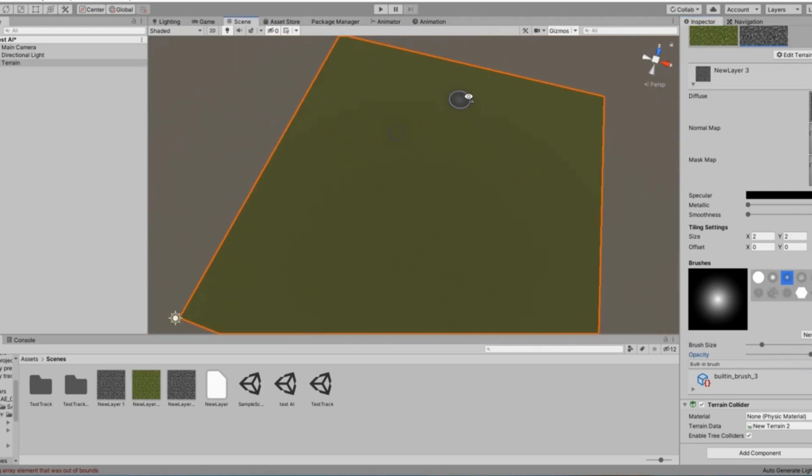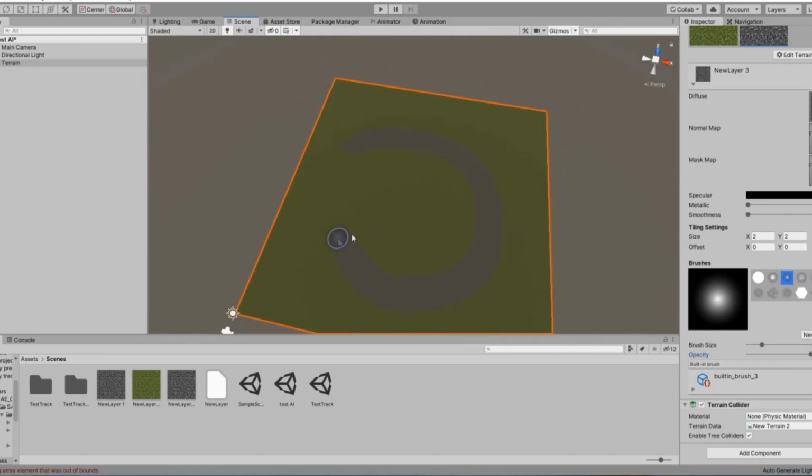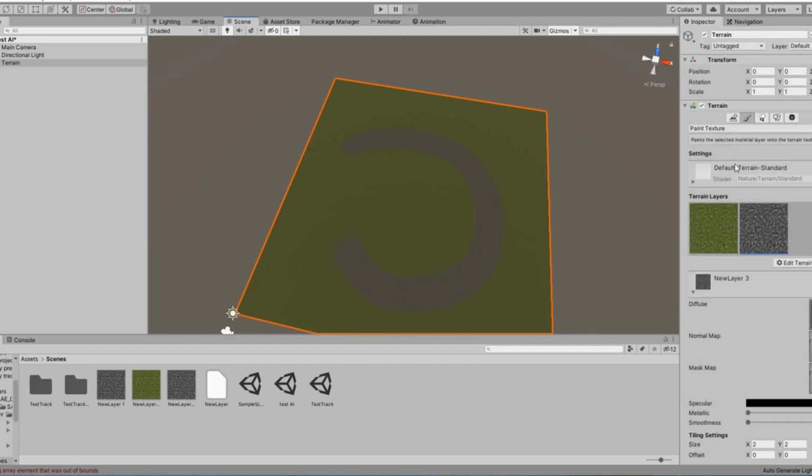Now I will paint a texture so that it can act as a road. You can also remove the texture. I think, to remove the texture, you can select this grass texture and you can repaint it. Now it will replace the road texture that was added.